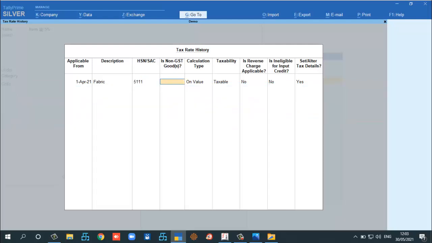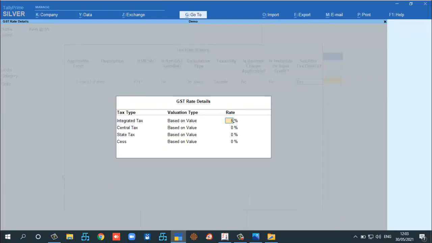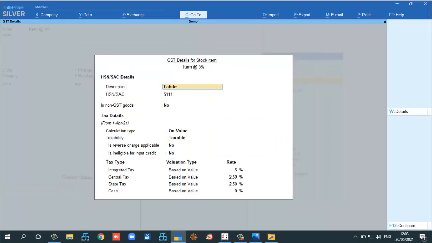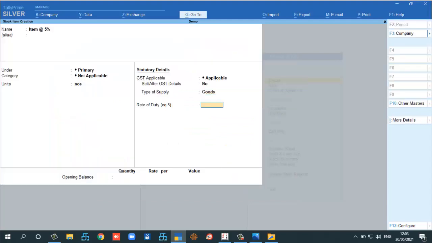Okay, 5% I am having. Now the same thing we created inside the table, it will also overwrite here. Now I am saving this one.